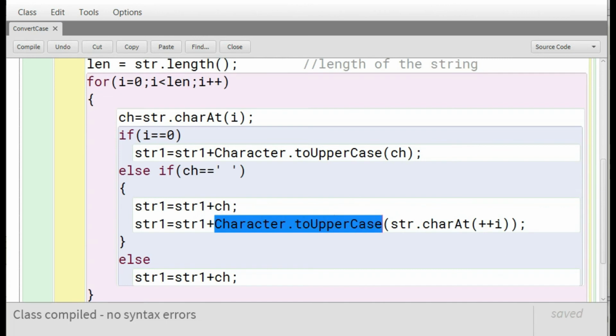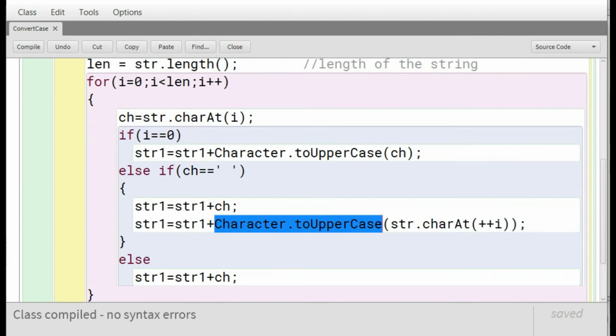So we have done two checks. For the first letter of the whole sentence, we check if i equals 0, then the character becomes uppercase. Next we check if the character is a space, then after the space, that will be the first letter of the next word.